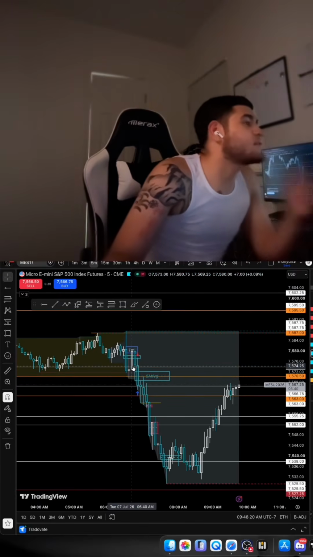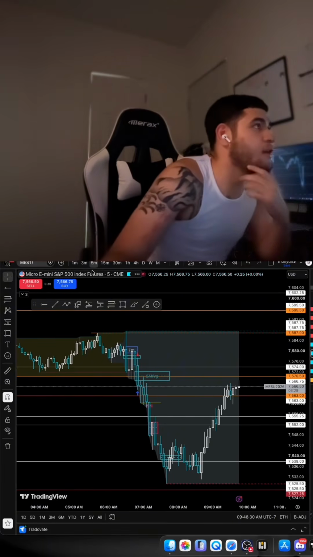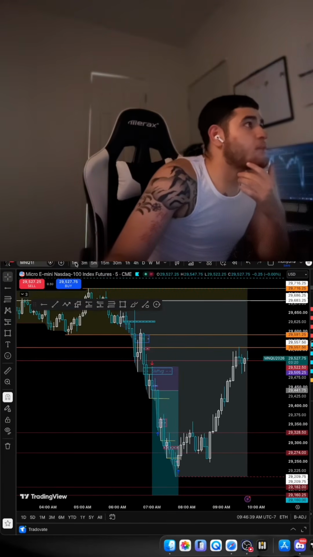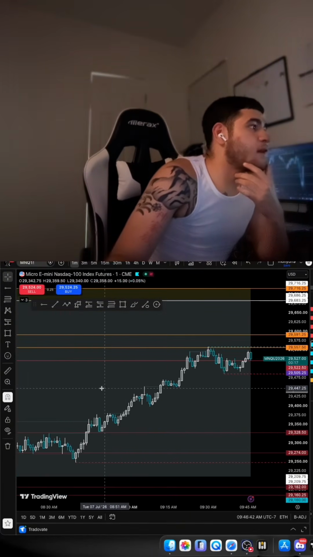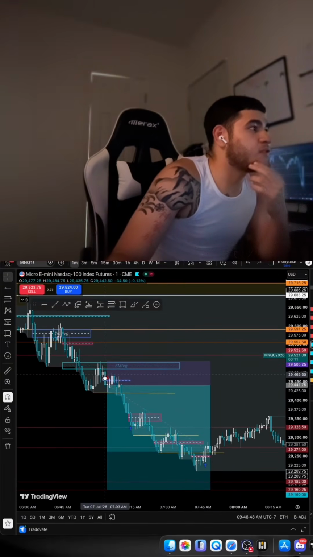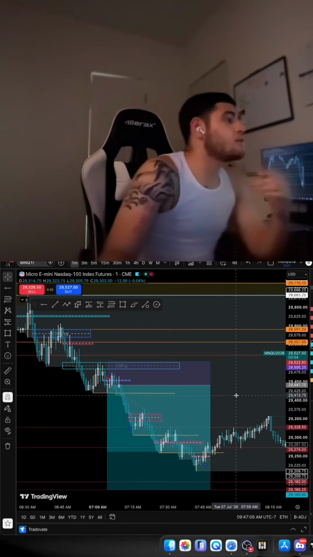Yes, I accidentally entered the trade on ES instead of NQ. That's why you guys can see I left that trade right away and went over to NQ. You guys can see that we started respecting this 5-minute fair value gap. After we respected that 5-minute gap, I did enter the trade. I got a little bit of a late entry. I was supposed to enter on this candle right here, but I entered on the next one. Again, because I accidentally entered on ES, but it's all good. The trade was still valid.